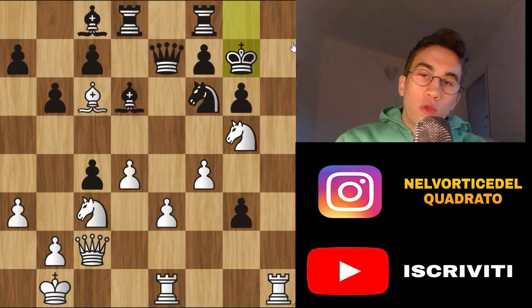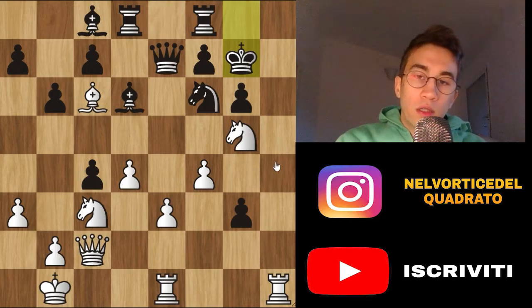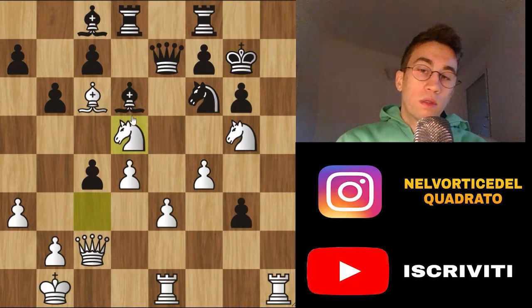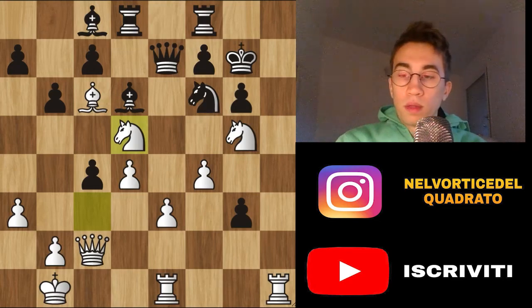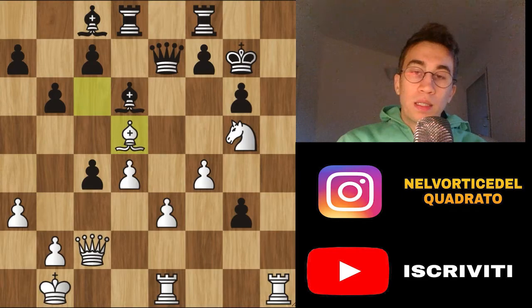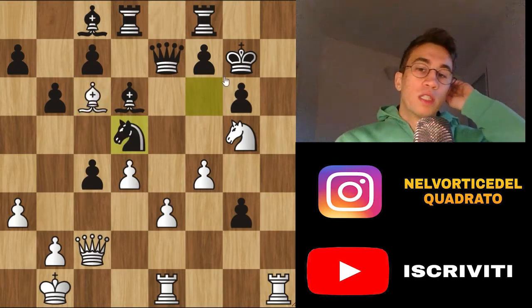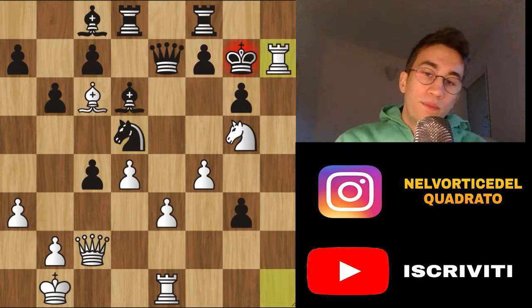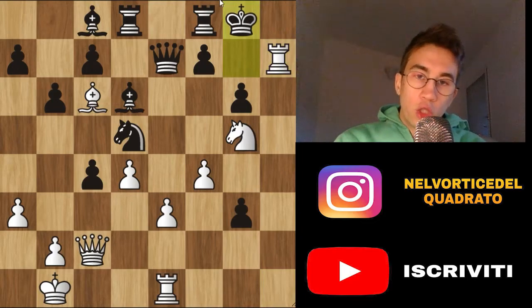He wants to try to bring the rook here to counterattack on the h file, but here Dubov finds a brilliant move and continues his incredible attack and plays knight d5, attacking the queen, attacking the knight. The idea is that Svane captures, and here you don't capture the knight, but you come to h7, because this knight doesn't control h7 anymore. So here we have rook h7 check, the king comes to g8,